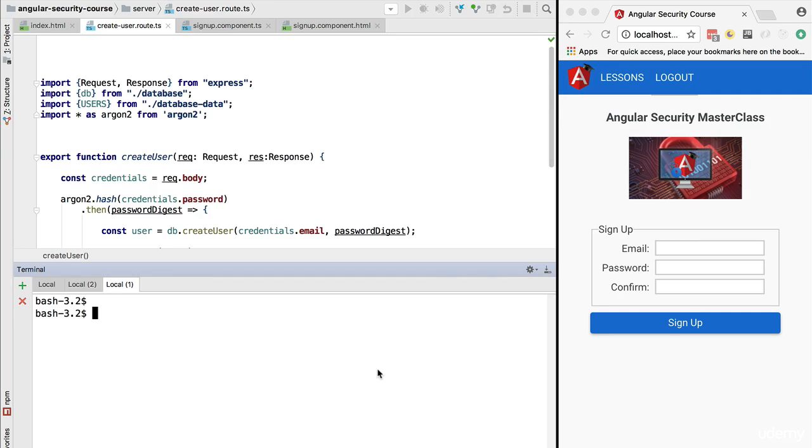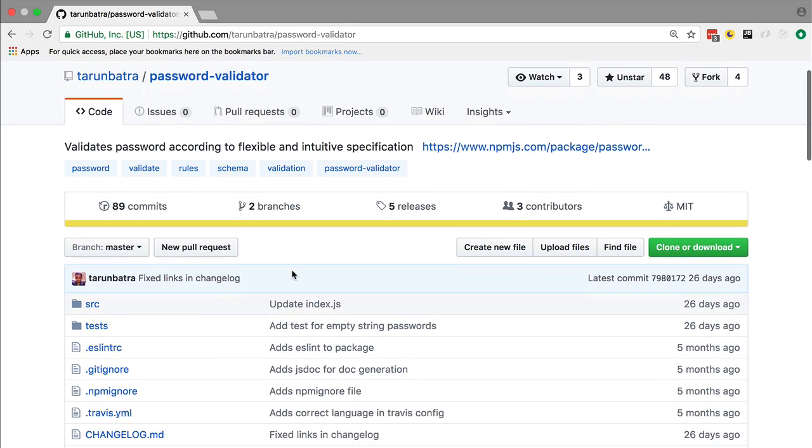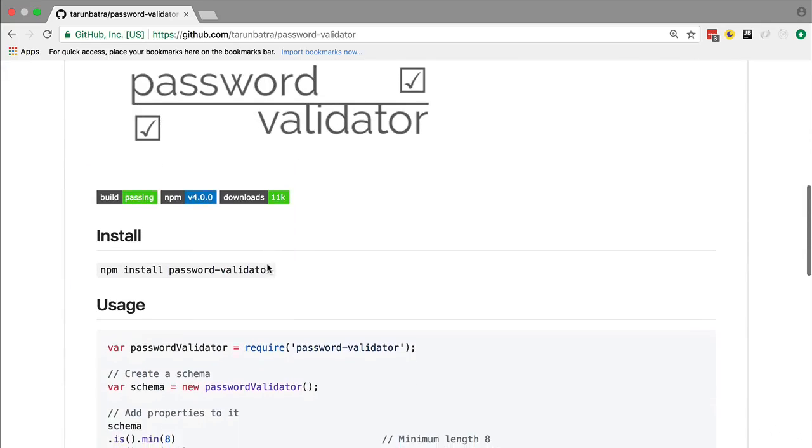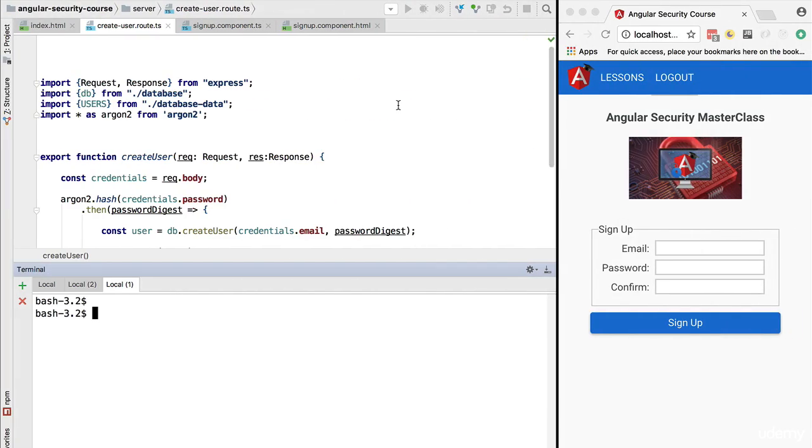So the first thing that we need is a node package for doing password validation. And we are going to be using this one simply called the password validator. If we scroll down, we can see that this package has an API which is very easy to read, very simple to use. So we will be using this package in our project. So we are going to install it. We are going to switch over here to the command line and we are simply going to run npm install